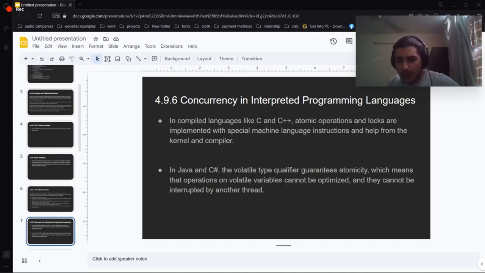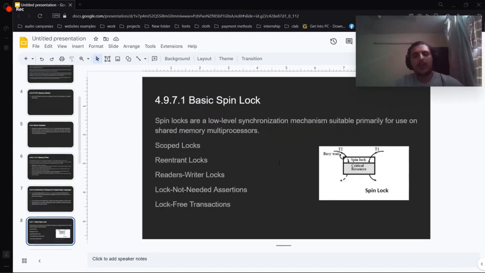Concurrency in interrupted programming languages like Java and C++, since they use virtual machines to a certain point, they're volatile type qualifiers, which will be hard to optimize, and they cannot be interrupted by any other thread compared to C++, which will have built-in automatic operations implemented in their kernels and compiler. We have